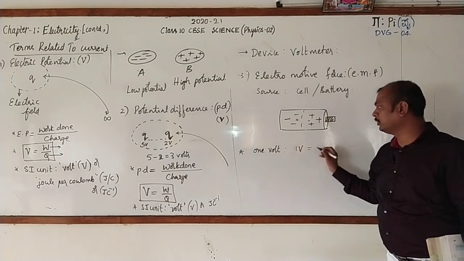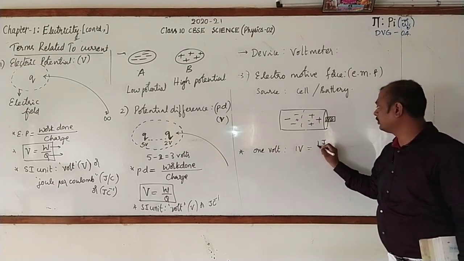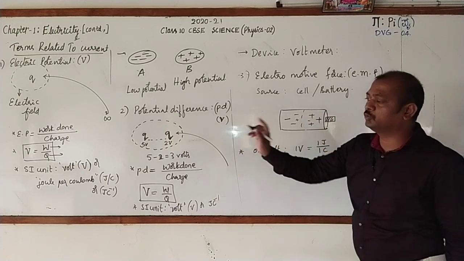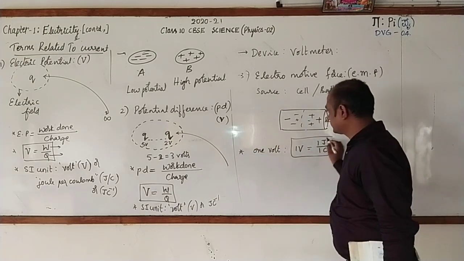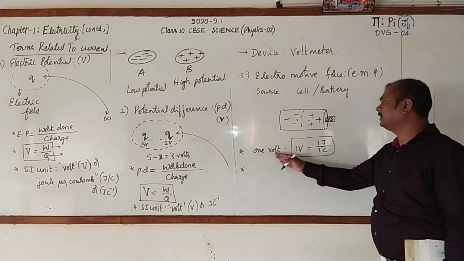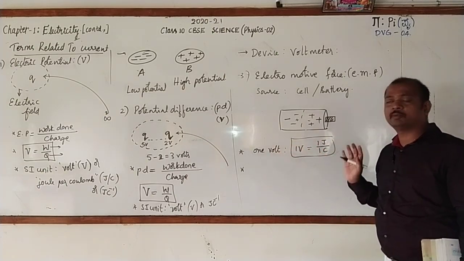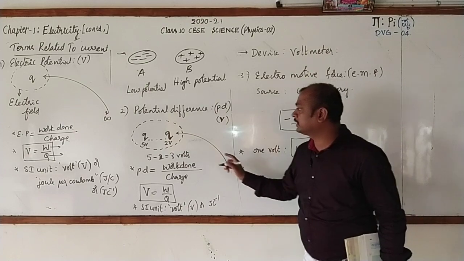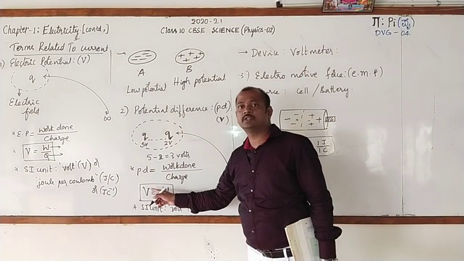Hence we can write 1 volt is equal to 1 joule by 1 coulomb. Next, another point. You have to write the definition, then after writing the definition, you have to copy this. Second one, again, they may ask you the question that